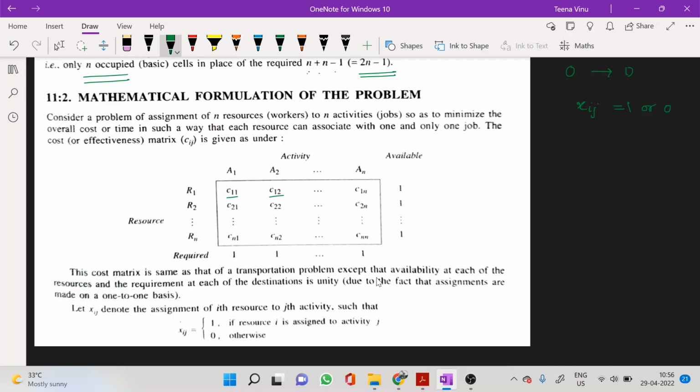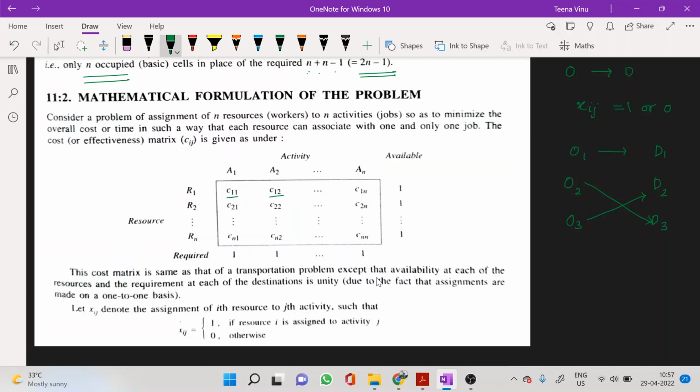Assignments are made on a one-to-one basis. Suppose we have O1, O2, O3, and D1, D2, D3. If O1 is assigned with D1, O1 cannot be assigned with D2 or D3. Similarly, if O2 is assigned with D3, O2 cannot be assigned with any of the other Ds, and O3 should also be assigned. So this is a one-to-one basis, and that is why the availability and the requirement are all